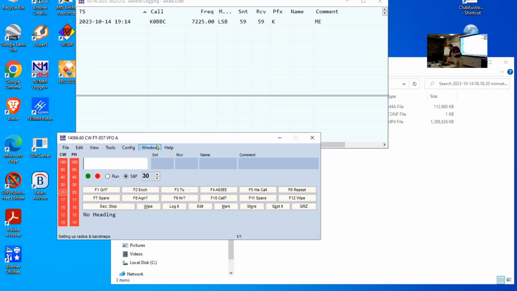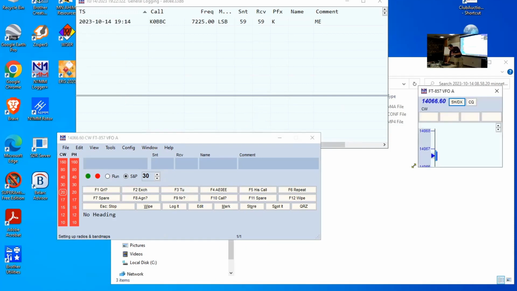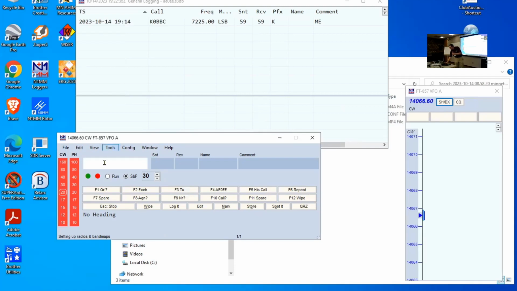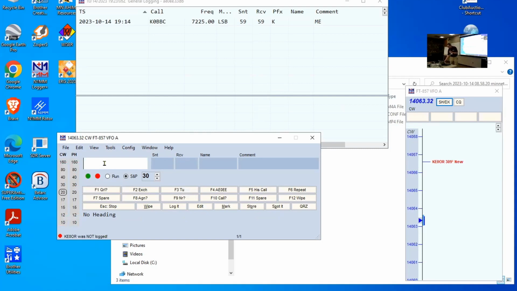And another really handy thing about this is that there is a band map. So you can get a view of what stations are where in the band. So if I find Kilo Echo Zero Oscar Romeo here, but maybe there's a big pileup for them and I don't manage to work them, if I just spin the dial, there it is. Okay. It will recognize that I didn't log it,